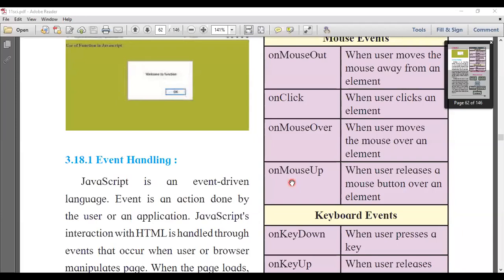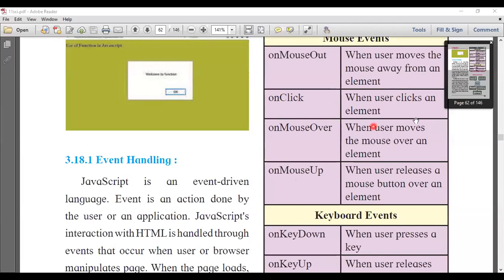Concentrate over here, because I'm going to ask questions regarding these events. In the last part of the session, I will ask you what the uses of these types of events are. When I tell you an action, you have to tell the related event.